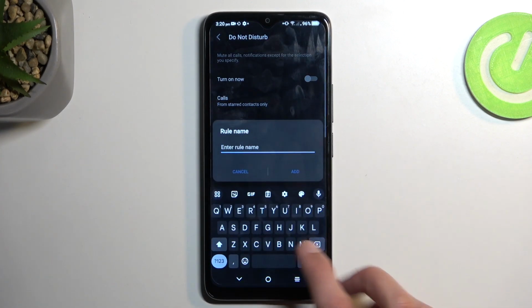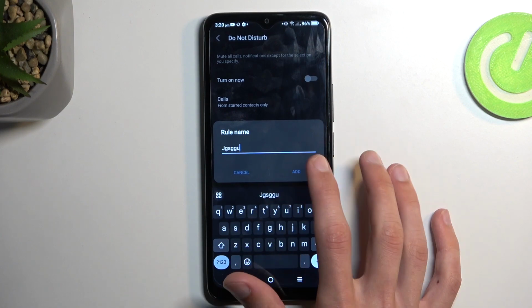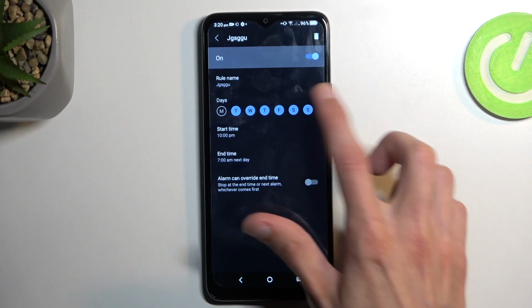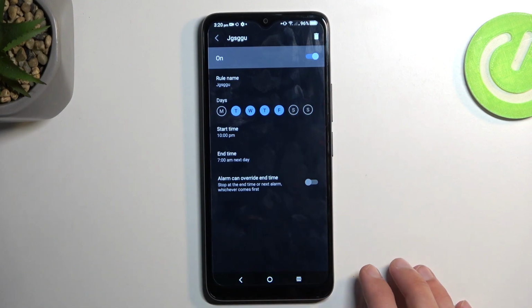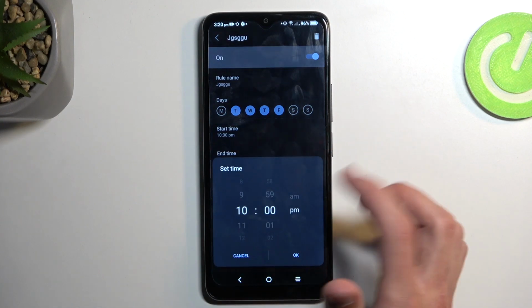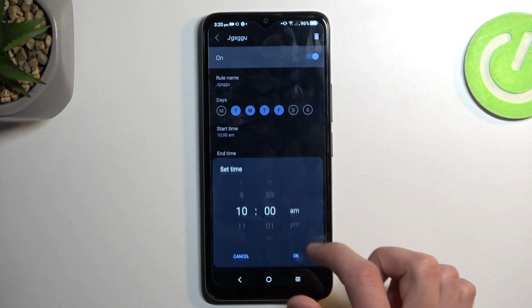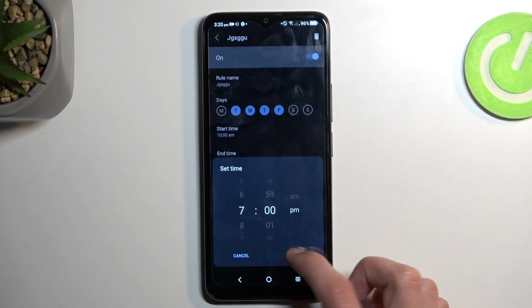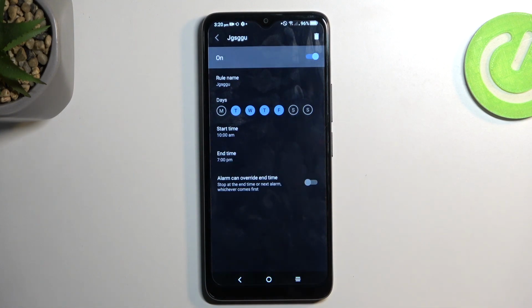Like I mentioned, you can create a new one, name it whatever you want. And again, you can choose the days of the week. As an example, I'm gonna turn off Saturday, Sunday, and Monday here, and also change the time to, let's say, daytime. So from 10 a.m. to 7 p.m. So it's going to be running the entire day. And when you set this up,